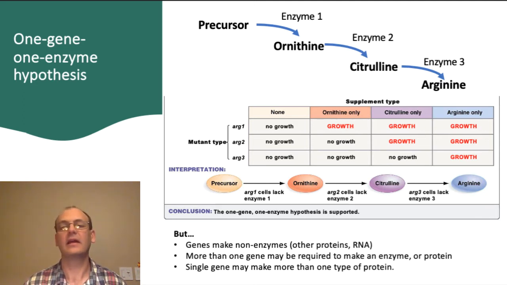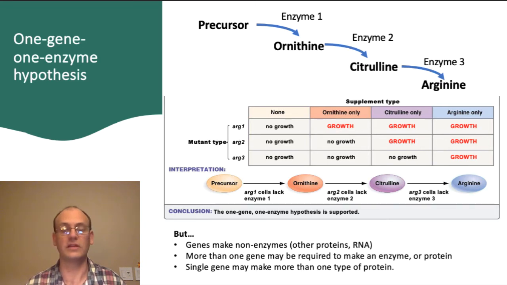This finding gave support to an important theory that each gene was responsible for the manufacture of a particular enzyme, and this was known as the one gene, one enzyme hypothesis. Even though this was a very useful hypothesis at the time, we now know that genes make things other than enzymes. For example, all proteins are made from genes, and RNA molecules that may never be translated into protein are also made from genes.